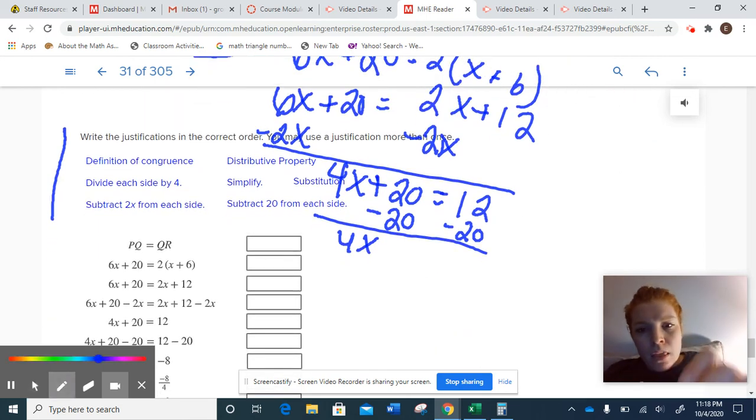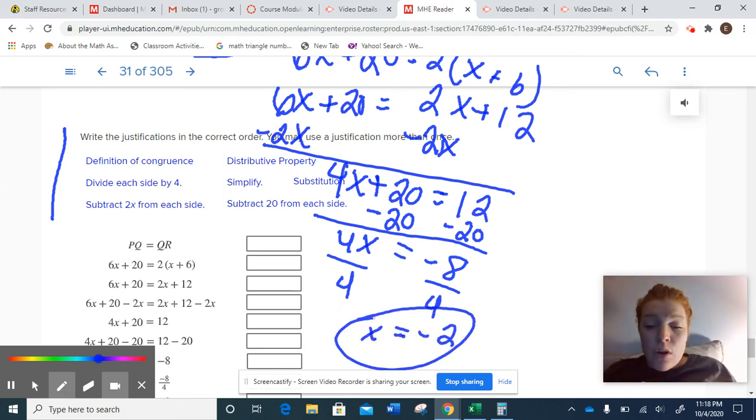Okay, 4x equals negative 8, divided by 4. x is negative 2. Now, x can be a negative number. However, you cannot have a negative